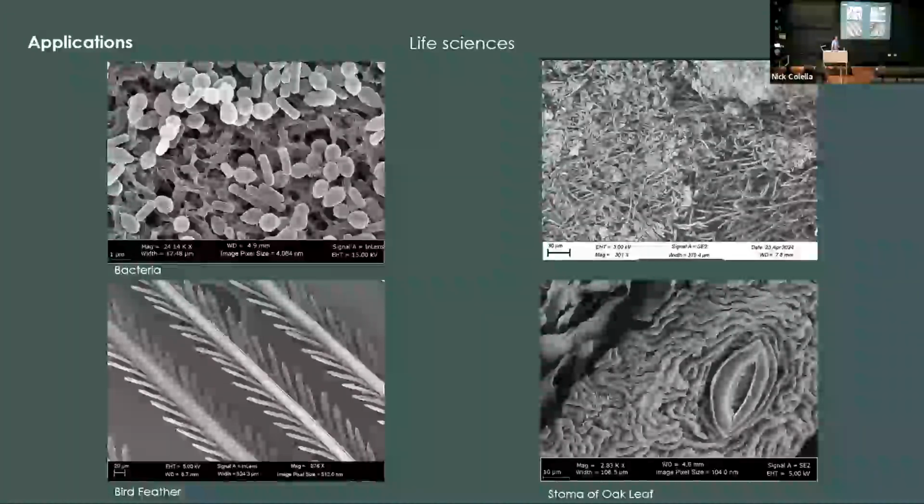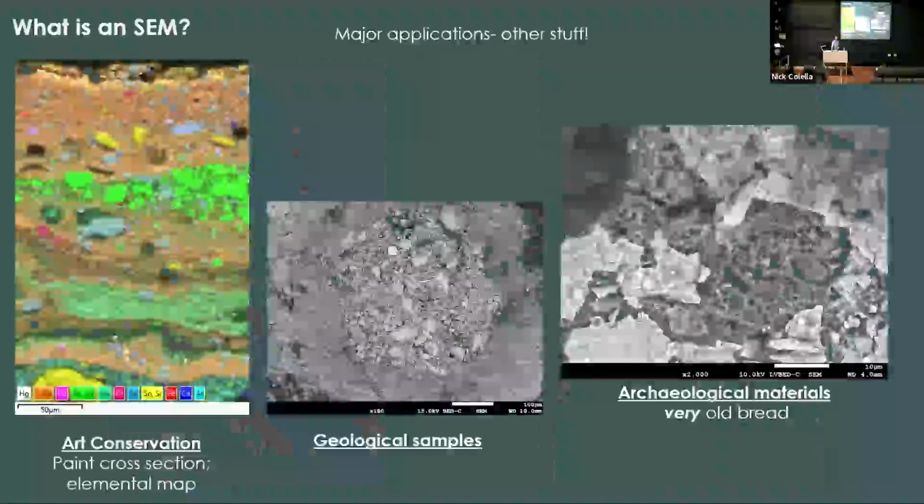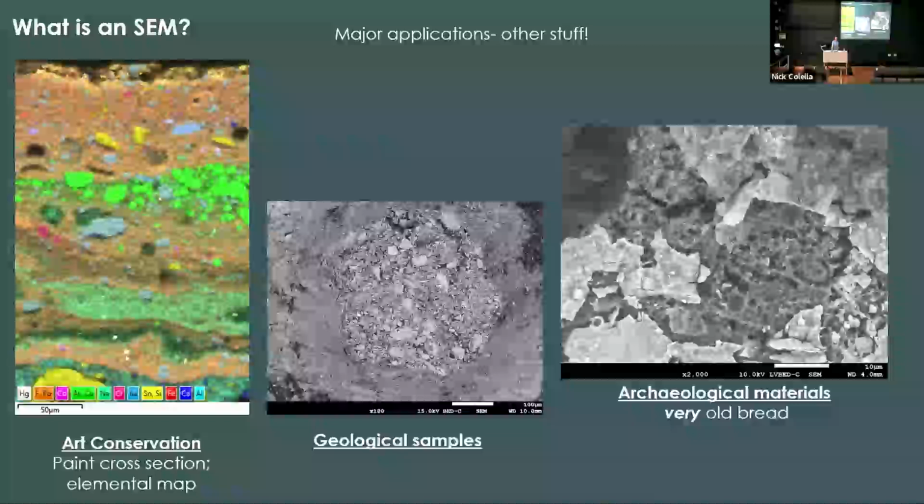Typically there's a lot more that will be involved in terms of sample preparation. I have some slides where we'll talk about that a bit, but it's becoming more and more common to use SEM on these types of materials as well to learn about the cellular structure or the macrostructure of some of your biomaterials. And then we kind of have an envelope of what I've called other stuff, where we get researchers maybe from some of the art museums at Harvard, the archaeological museums, geological researchers in museum, right? So such a useful tool. If you can think about it, someone has tried to put it in one of our SEMs probably.